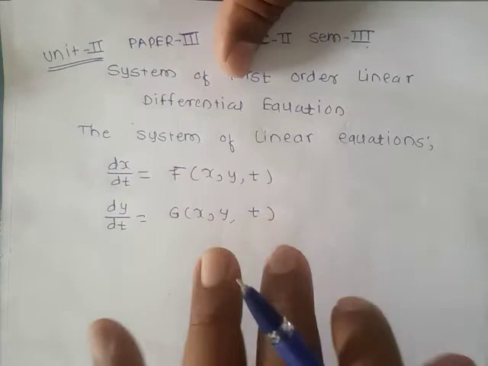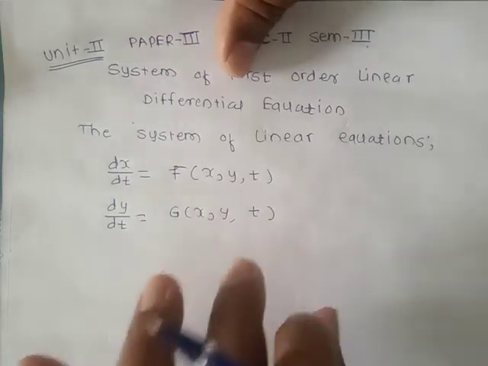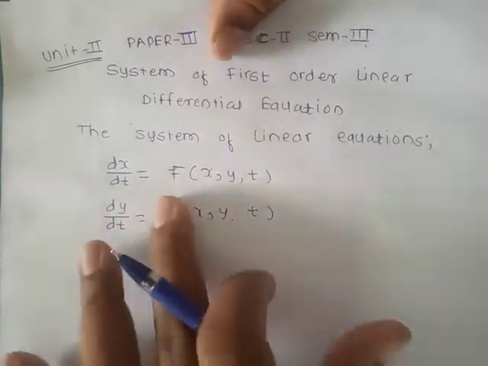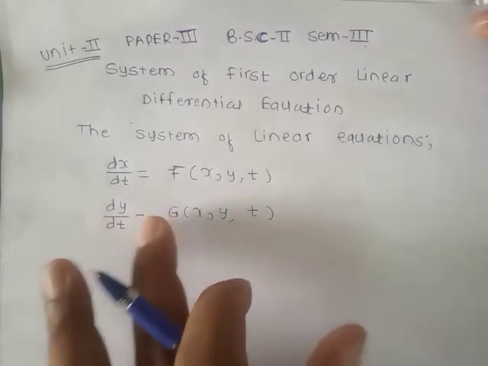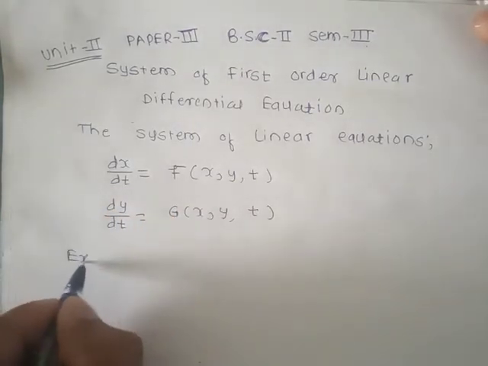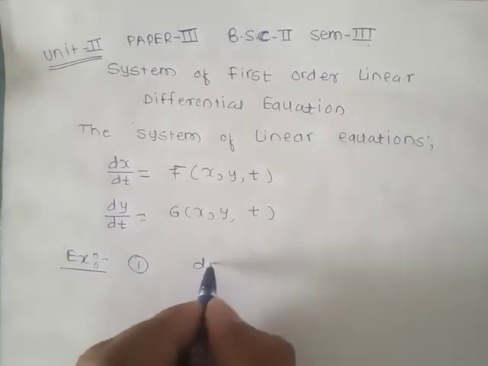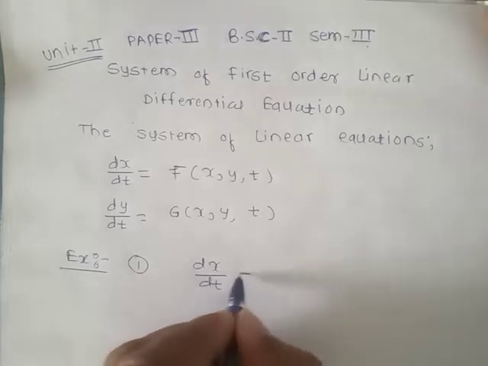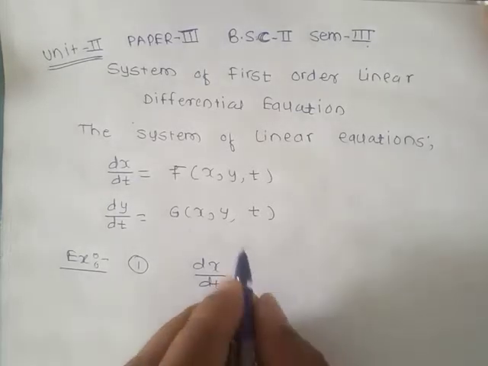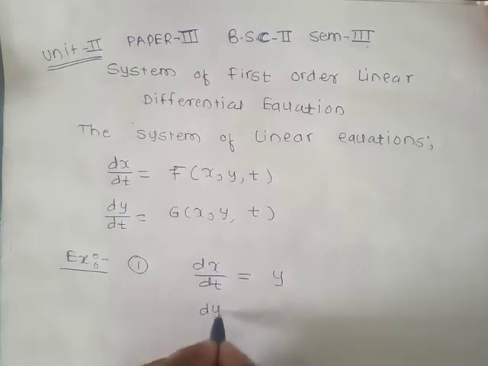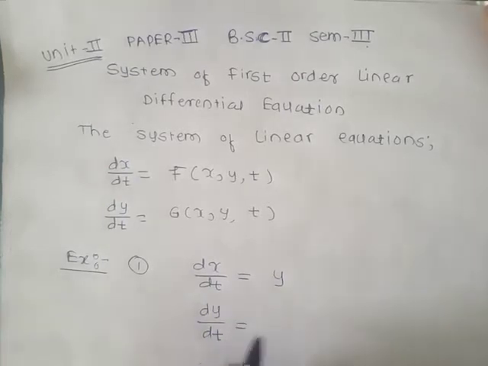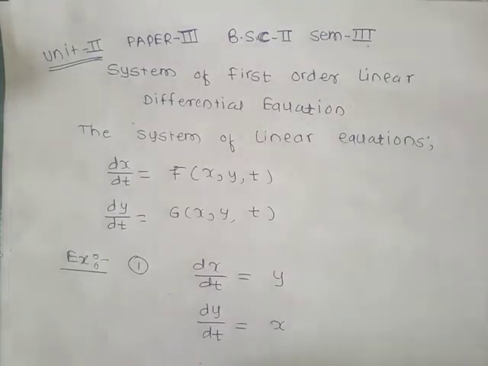Now we have an existence. Now first of all, when this system of equation has a solution or not, there are many examples we can produce with the help of this expression. For example, we have a system of equation dx by dt is equal to y, dy by dt is equal to x. This is simply a system of equation. We can design many more example like